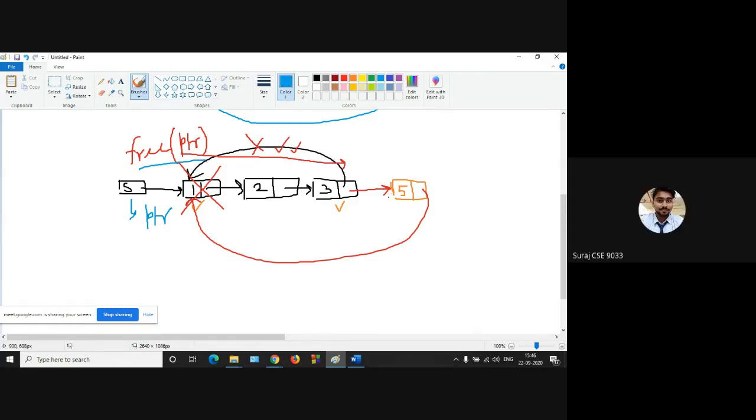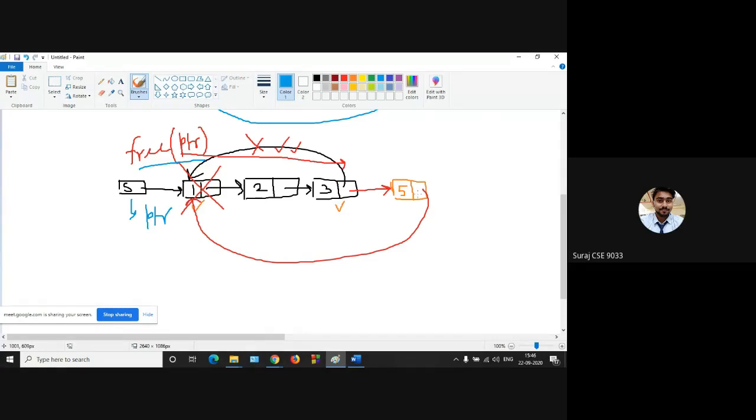Sir, we can do one thing. Yes, sir, we can just store the address of 2 in the info of the 5. I mean, the second part of 5, in which the address of 2 is stored.